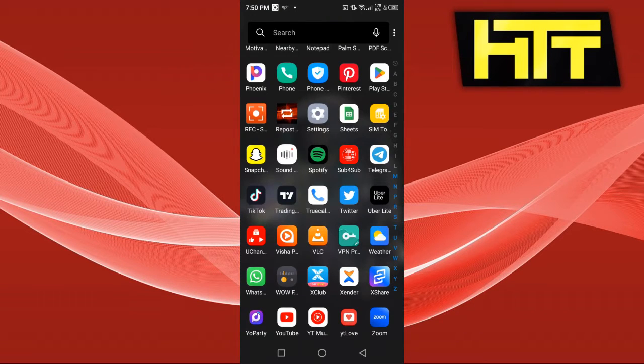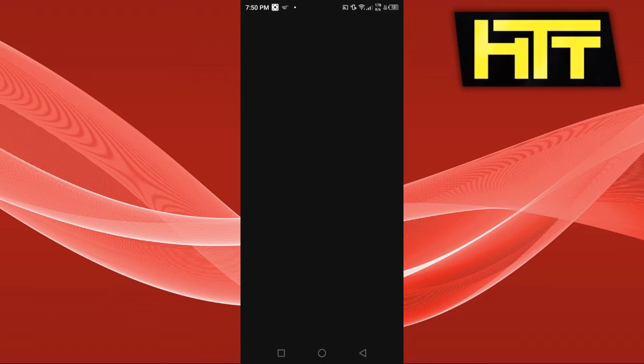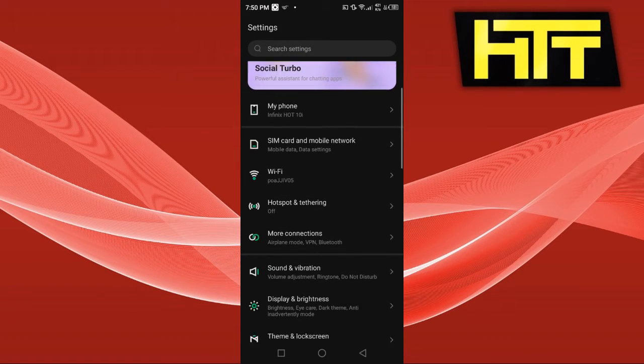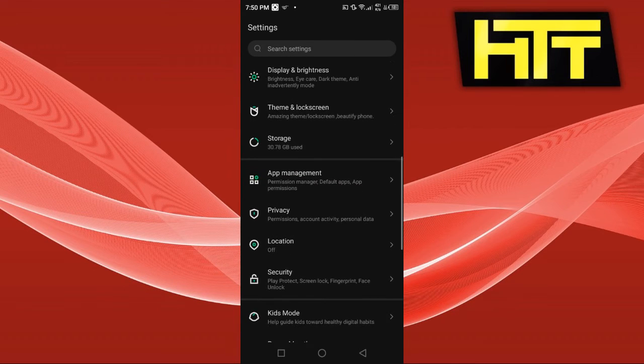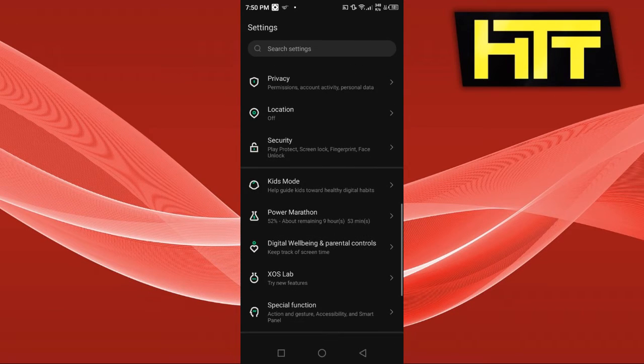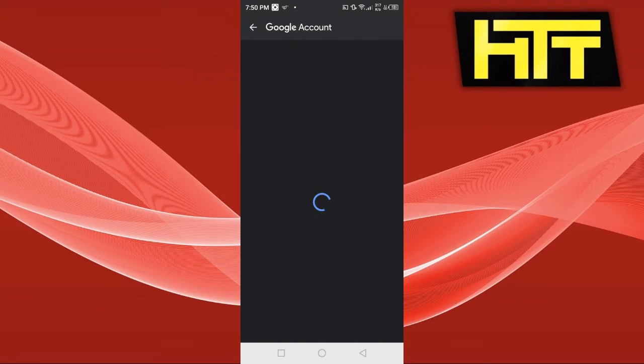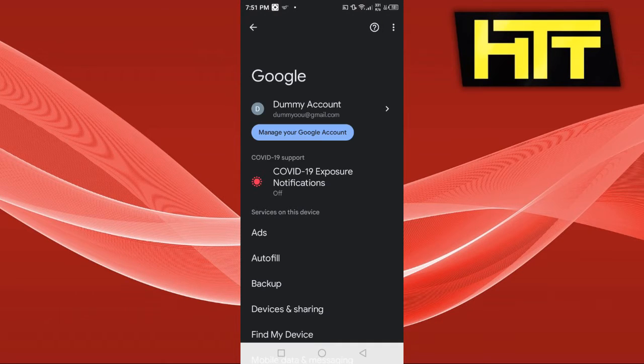So what you want to do is go ahead to your settings, and we are going to scroll all the way down to Google. Here it is. Click on Google and you will be able to manage your account. So you want to click on manage your account,